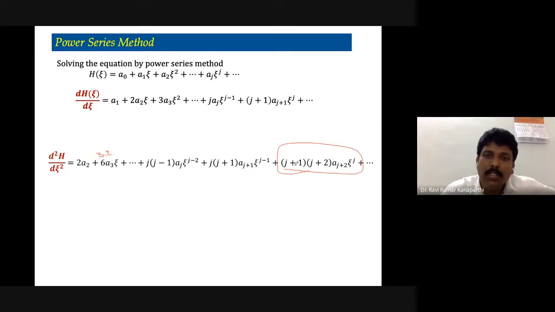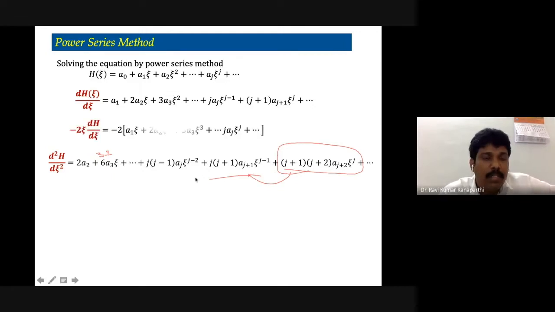The previous terms also can be written from this expression. If you want one term before this common term, that is the z power j term, you substitute j minus 1. Then this is going to be j, this is going to be j plus 1, and this is going to be j minus 1. So from here you can write down the term one before this. If you want, you can write all those terms. It's not a very big deal.